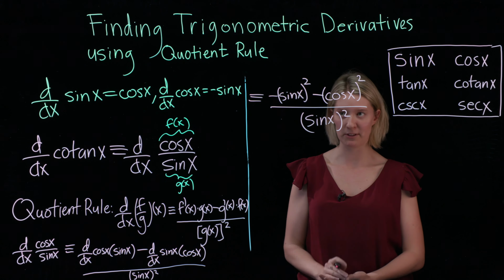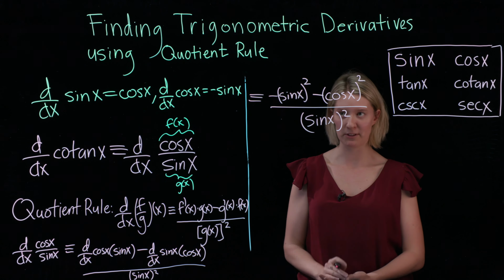And just as a note for notation, putting the square outside sine of x and putting it inside, these are equivalent expressions, so I'll be using both of them in my notation. And at this point, now that I have rewritten this as sine squared plus cosine squared, I can replace this part with 1. So then I would have negative 1 over